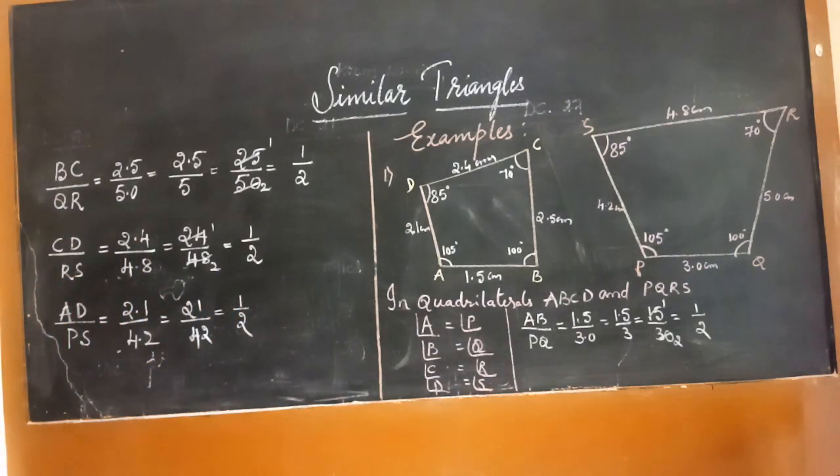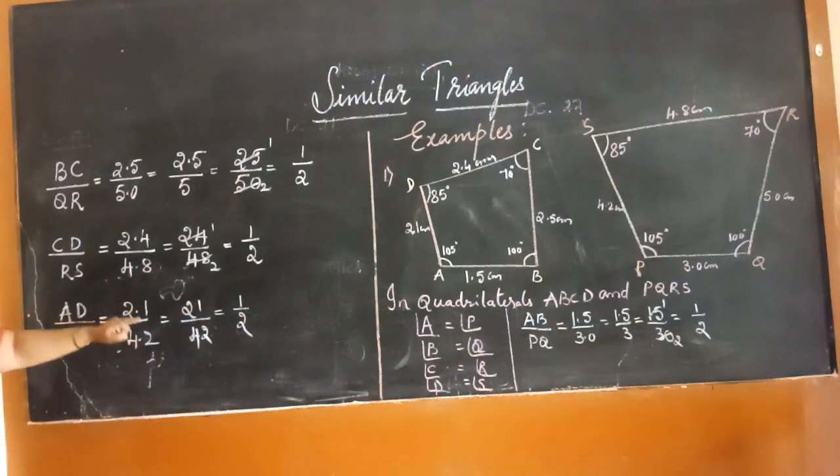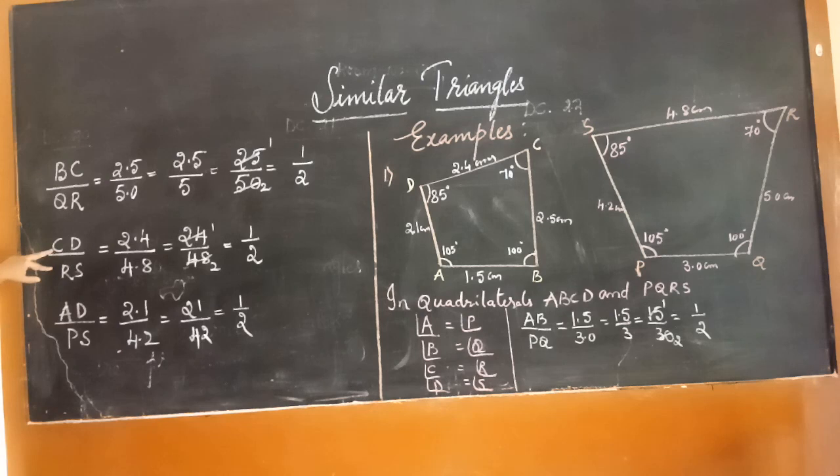There is a note when you write the corresponding ratios. Keep in mind that when you write the ABCD side at first in the numerator, in every ratio you have to place the sides of the ABCD quadrilateral only. Suppose you take the corresponding side RS at first and CD in the denominator, this is not applicable. You cannot take it in such a manner.